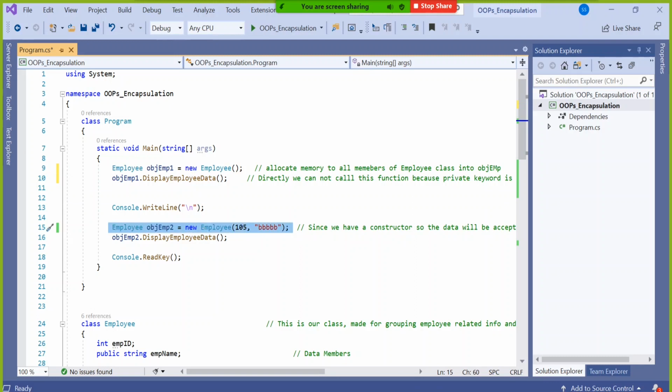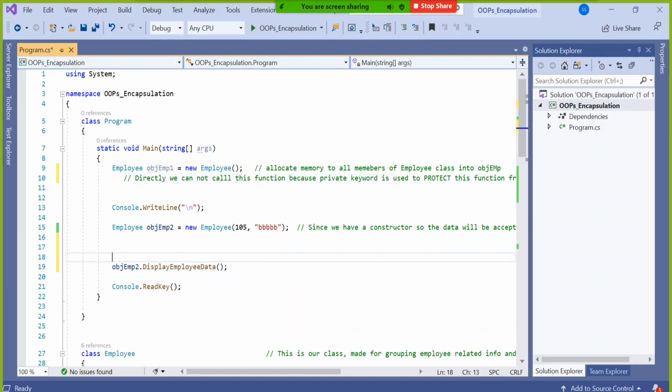That means my understanding is that in this particular function called display employee data, line number 16, it should display whatever I supplied. But here, if I say obj emp1 dot something, it should give me the default value.